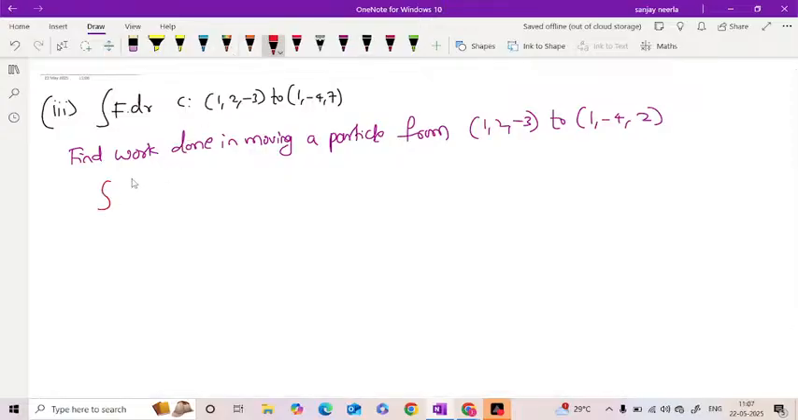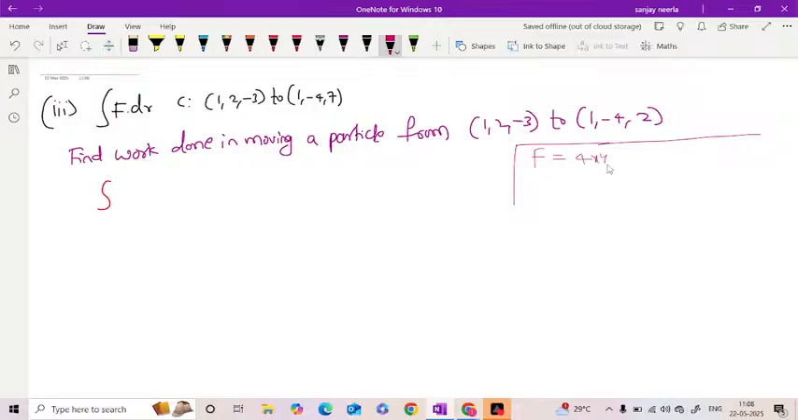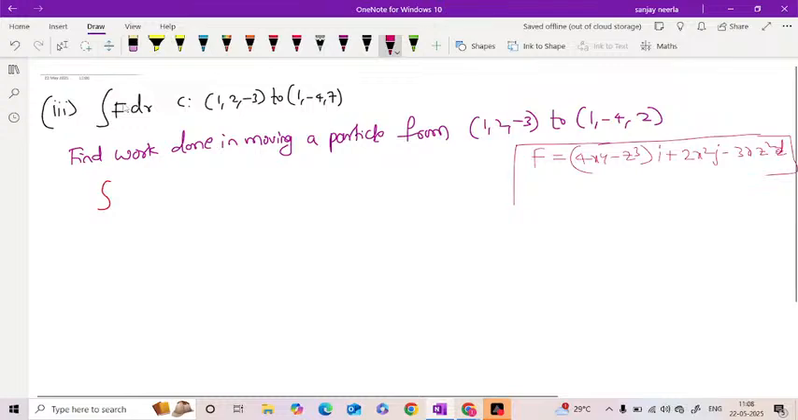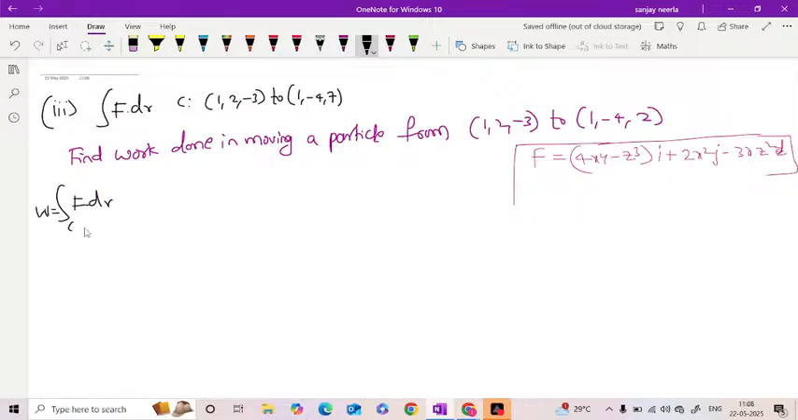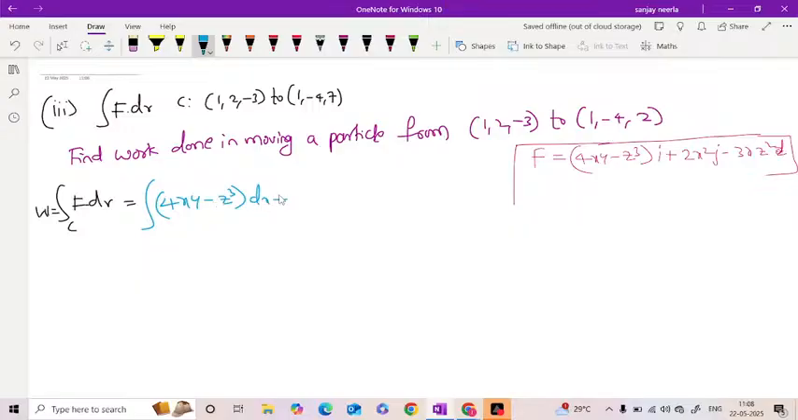And luckily we have the integration here. What is our f vector? f is equal to (4xy minus z cube) into i plus 2x square j minus 3xz square k. So the line integral means, after rewriting, the work done by force F is the integral of F dot dr on the curve, that is the integral of (4xy minus z cube) dx plus 2x square dy minus 3xz square dz